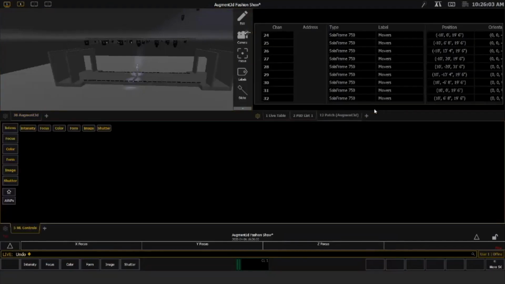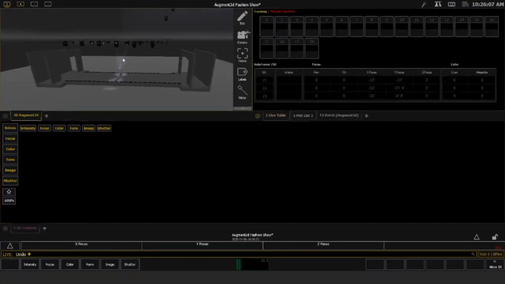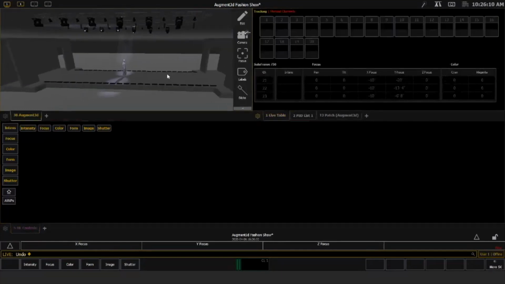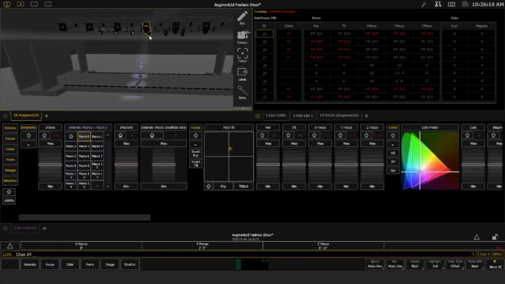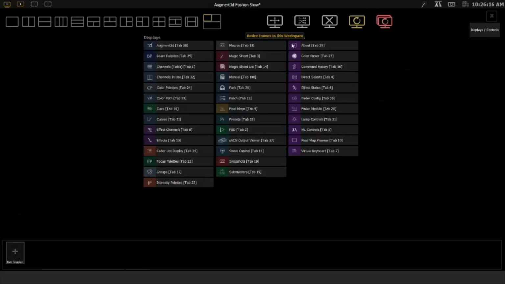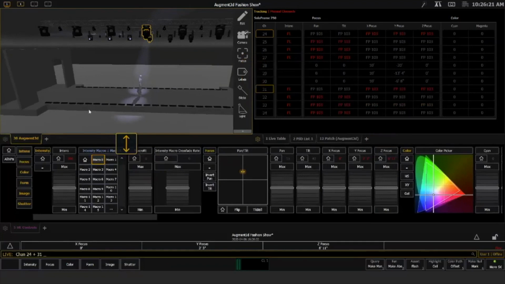There we go. If we start, the XYZ are always going to move in the model space. So if I take these two fixtures here and I move them, forgot to make my snapshot. So if I move them on the X axis here,